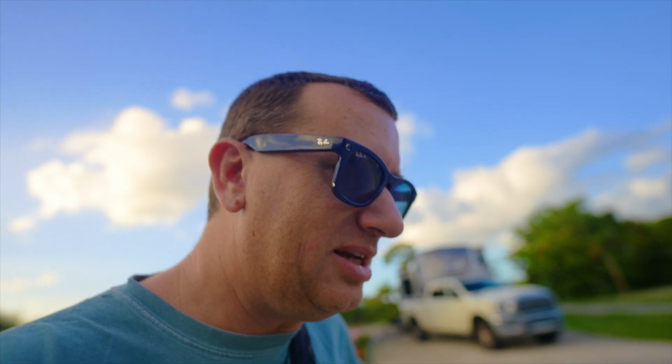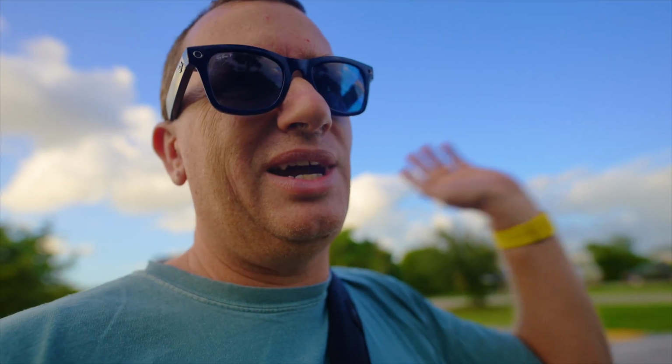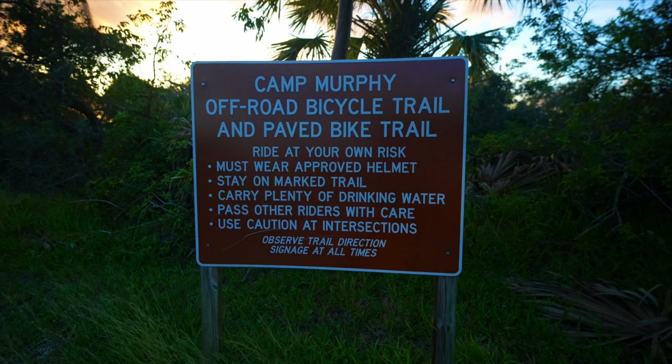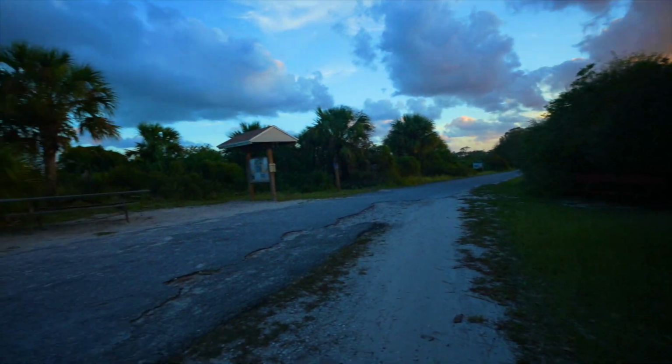And then to talk about the bikes again just for a second, I did say that they do not allow e-bikes, but just to be 100% clear, they do not allow them in the off-road park. You see people riding their e-bikes all over the place. I think there's like 5 or 6 miles within the park that you can ride the e-bikes. And then right when you go outside the gate of the park, there's a humongous road that has a whole bike lane and bike section where you can ride up and down the main highway. Not on the highway, but kind of off the highway or off the road. So there's a humongous area you can ride e-bikes, just not